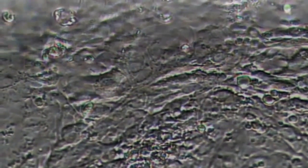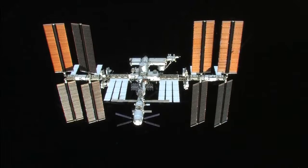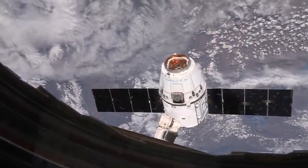The heart cells being studied are actually human skin cells that scientists induce to become stem cells, which can differentiate into any type of cell and then force them to grow into human heart cells. They'll be cultured on the station for a month and analyzed for cellular and molecular changes before returning to Earth